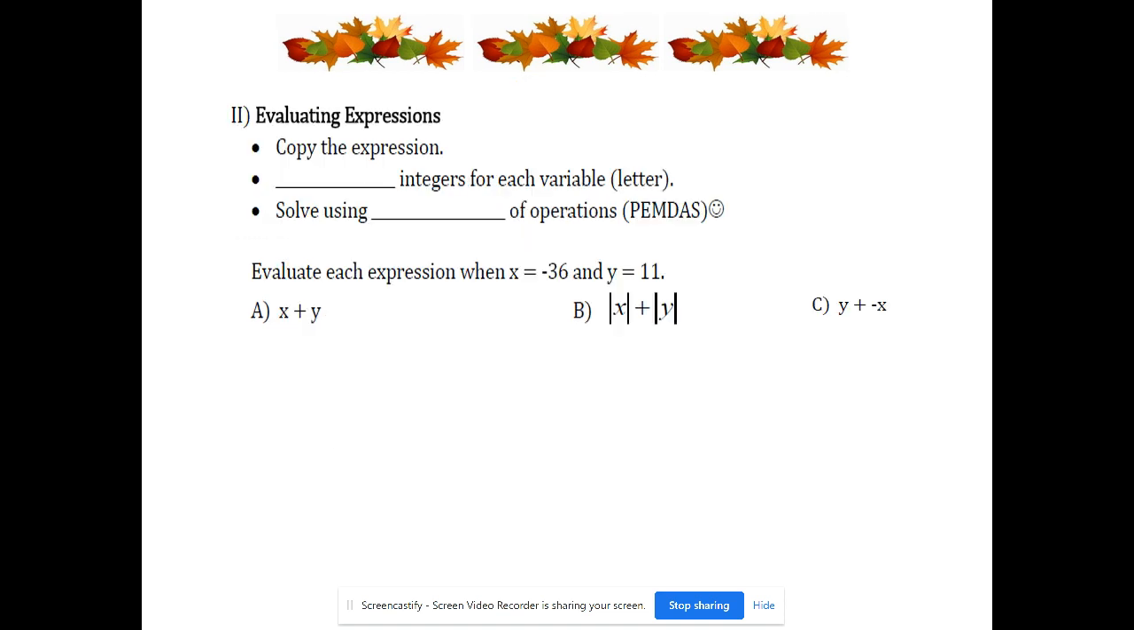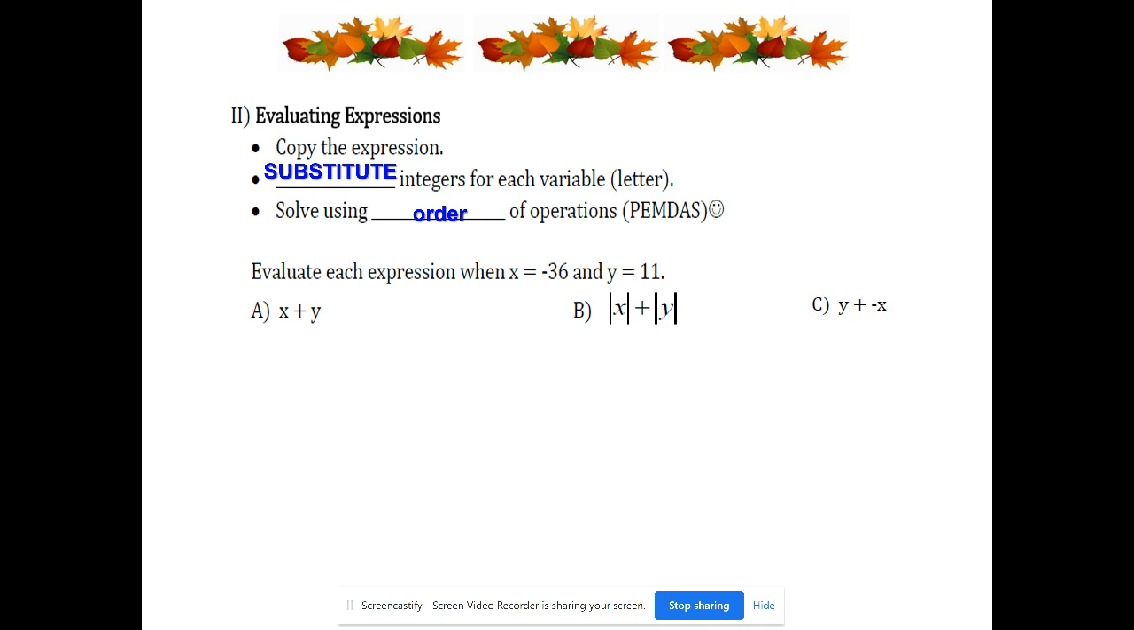All right. Next section that we're doing is evaluating expressions. And you've done evaluating expressions before. That's just where you substitute in a value for a variable and then do the math. So our steps are to copy the expression, substitute the integers for each variable, which is your letter, and then solve using the order of operations, which we use PEMDAS. So the first question we have is evaluate each expression when x equals negative 36 and y equals